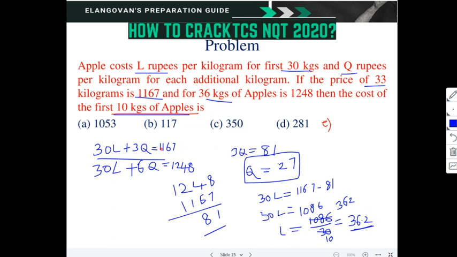What is the cost of 10 kgs of apple? It is 362, which is not available in any of these options. So maybe none of these. If it is given, then we have to choose that. So 362 is the correct answer. Suppose this is not given, like whatever I have given, that is why I intentionally did this. If nothing is given, then you will get it as a grace mark. They will consider this problem as a wrong answer, right? In any competitive exam, you can choose anything in that case, or you can go for the nearly equal option. So you can go for 350 if this option is not given.